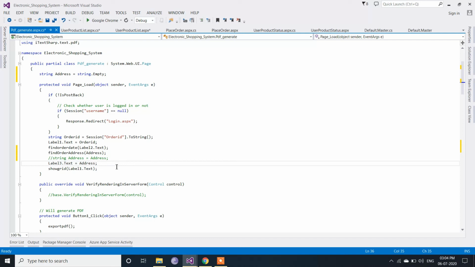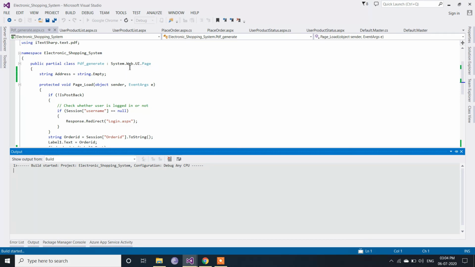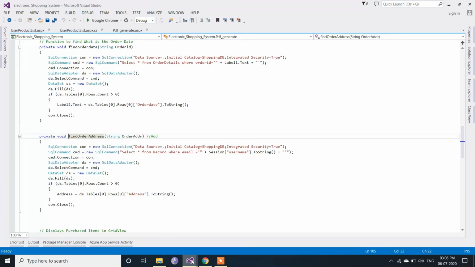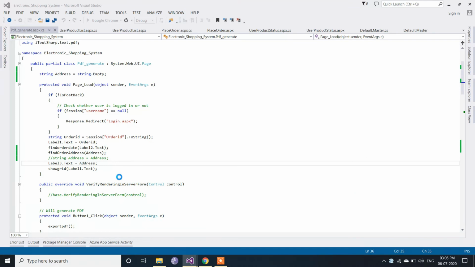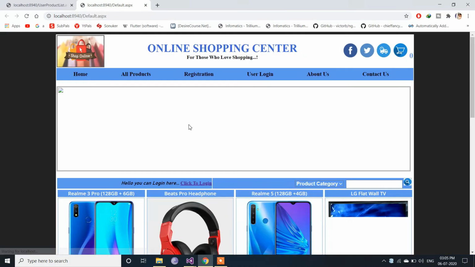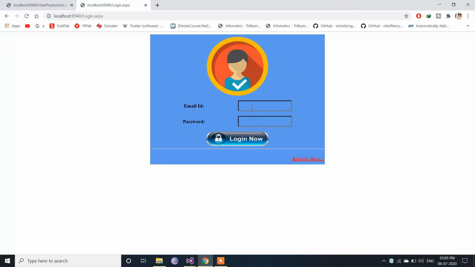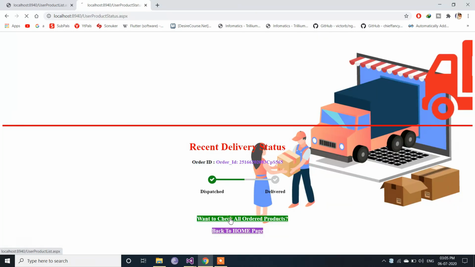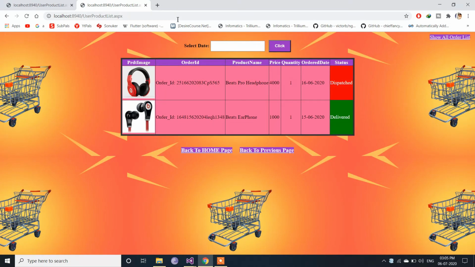so let's now run and see whether it is working fine or not. So first of all we have to log in. I can see that when the cursor moves to the email button, the cursor changes for clicking on that.